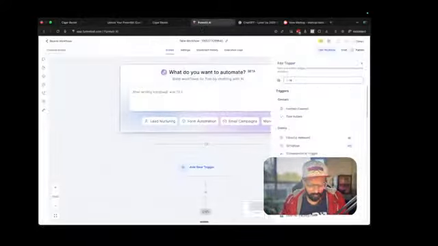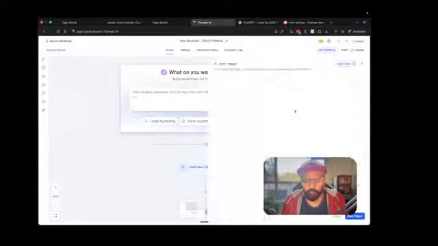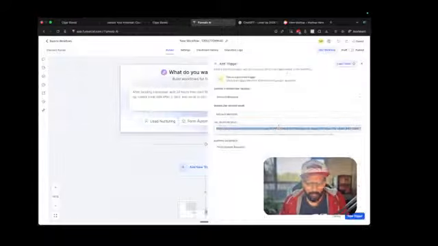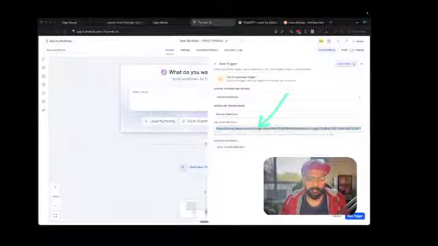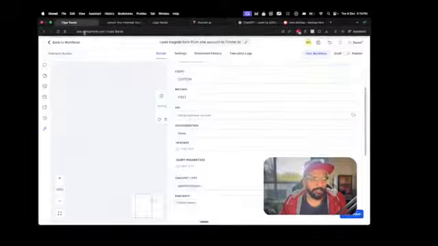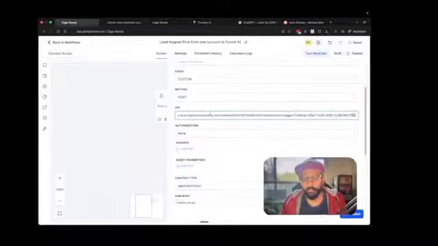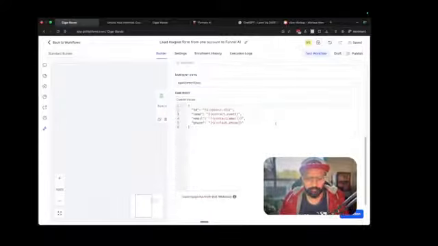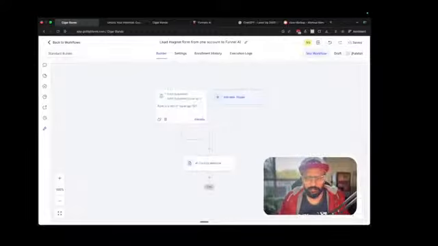So here it will be a webhook, inbound webhook. Here I need to copy this. This is a kind of API transformation where we need to connect different accounts. That is how the API works. I will copy this, save action, save it. Now to make it